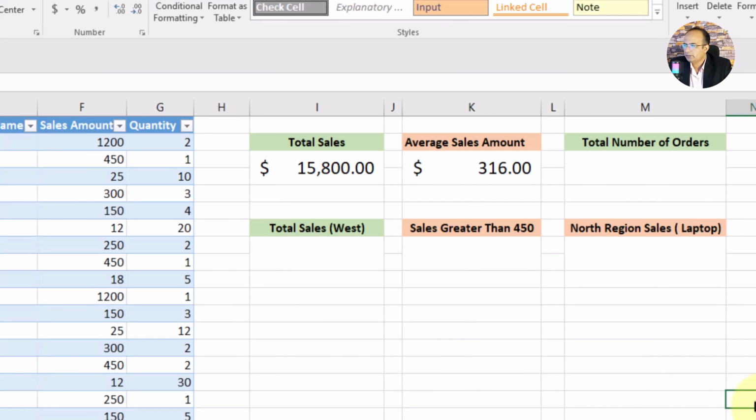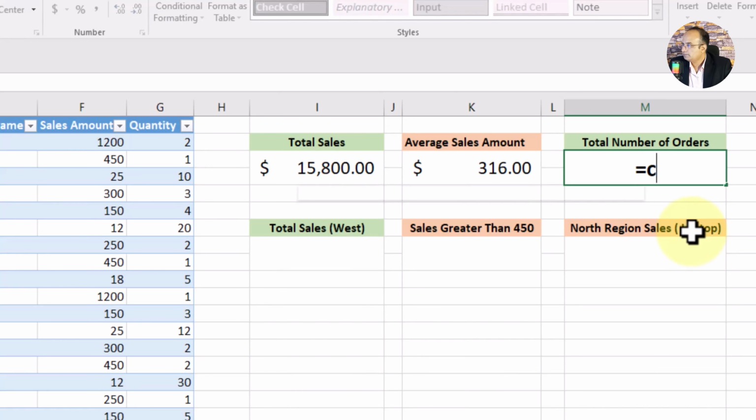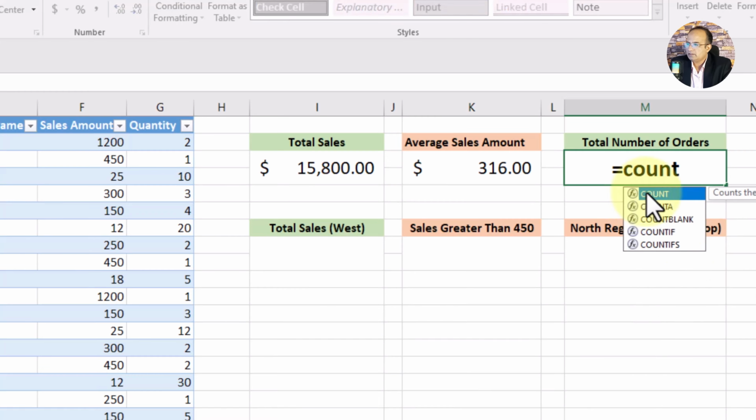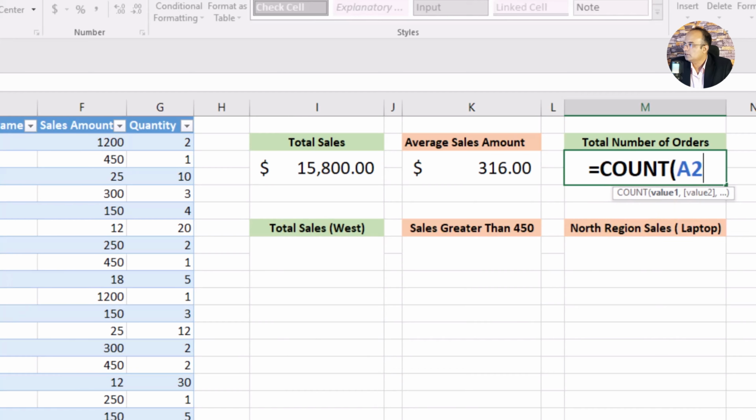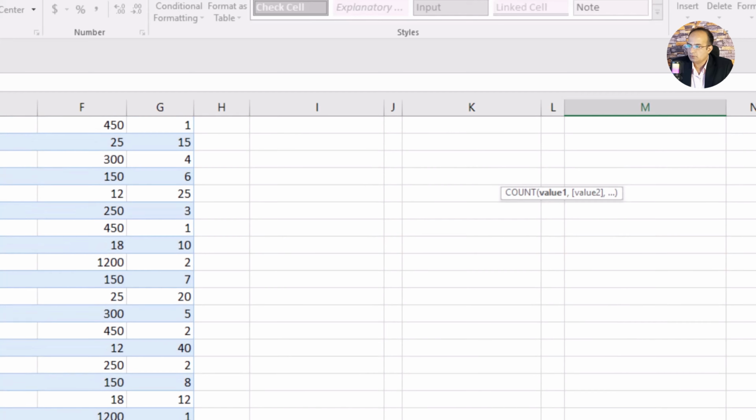It means we only need to count the number of occurrences of orders. We will use the count function here. Click on this first cell, then press Shift Control down key, close parenthesis, hit enter, and we have got our total number of orders. We have got 50 orders in total.